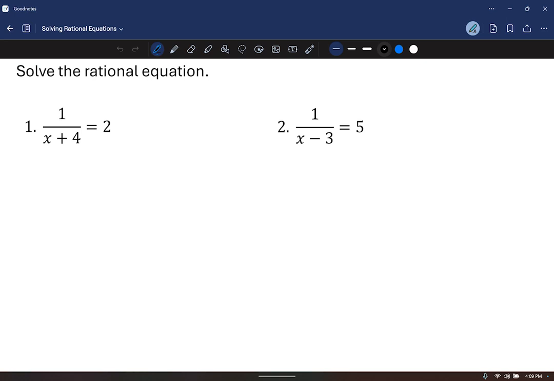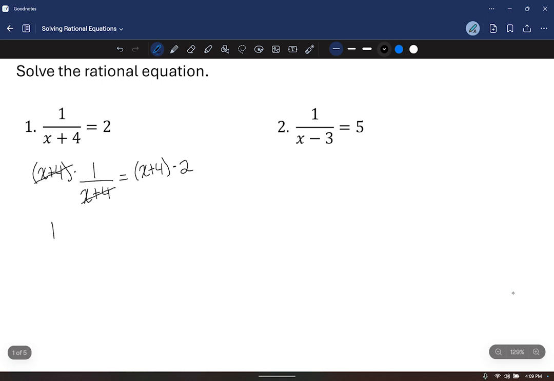So I need to multiply everything by x plus 4. I'm going to take x plus 4 and multiply it times the 1 over x plus 4, and then also take that 2 times the x plus 4. Every term that I have gets multiplied by x plus 4. Since I'm dividing by x plus 4 and then I multiplied by x plus 4, that is going to